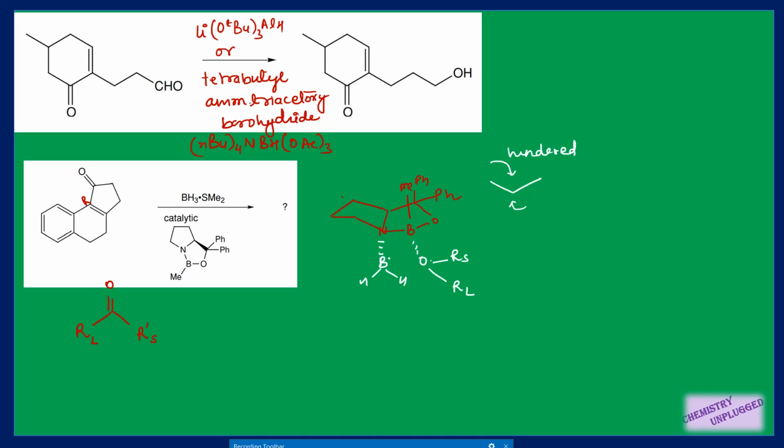Next thing is these two are on the same side, so we can easily transfer hydride from boron to ketone, so it will form OH. And you can also write it down like this, that your RL will go on the less hindered side and RS will come above the plane side, right? So when you draw this structure and rotate these alkyl groups and OH in such a way that your OH will go below the plane, then you will get your RL in the same direction on the left hand side.